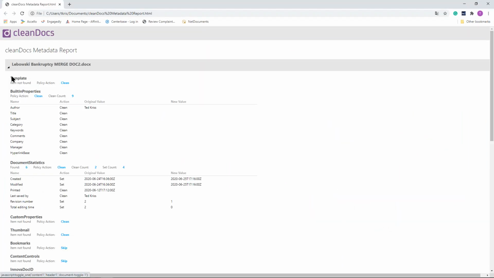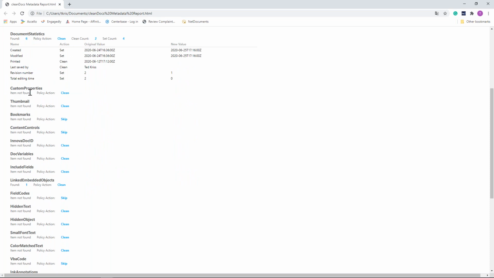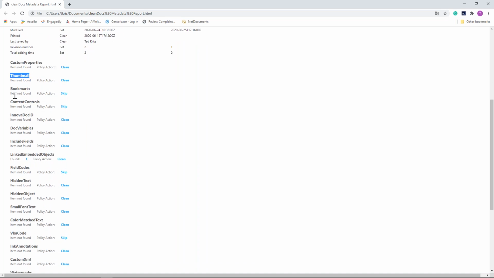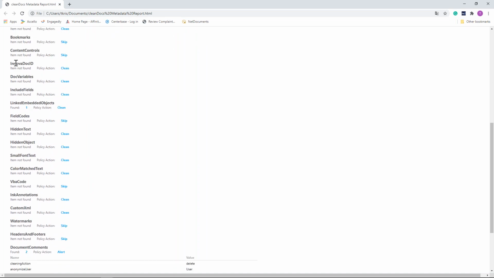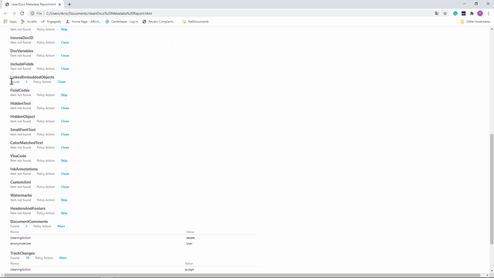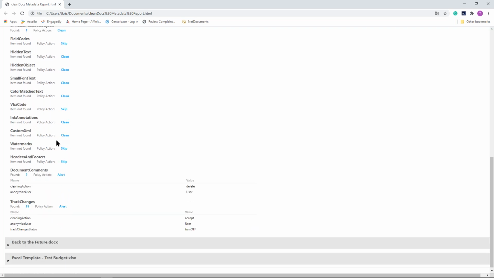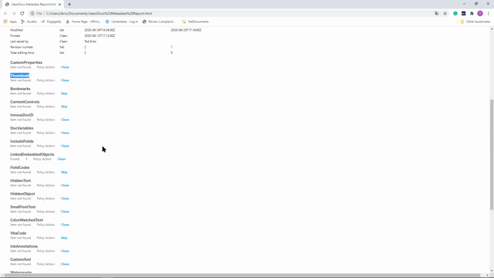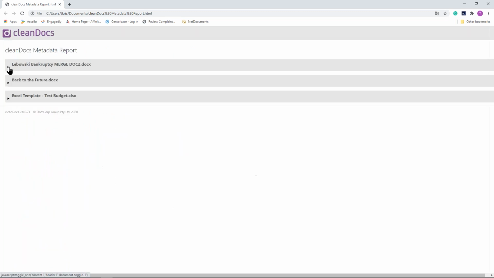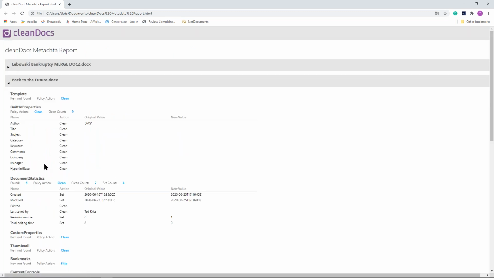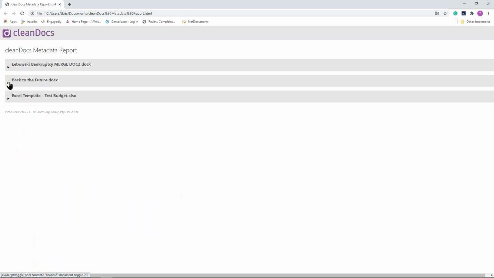And what you'll see is that for each document that we have attached, it is going to show you, depending upon what your policies are set up to be, the system, you can set those in very specific detail. So you can set it for what it's going to do to thumbnails, bookmarks, different contents, different IDs, all your document variables, embedded text, field codes, hidden text, objects. So when you set this system up, or we assist people with setting the system up, we go through these policies with them so that they're setting up the policies specific to the document types to ensure that they're in compliance.